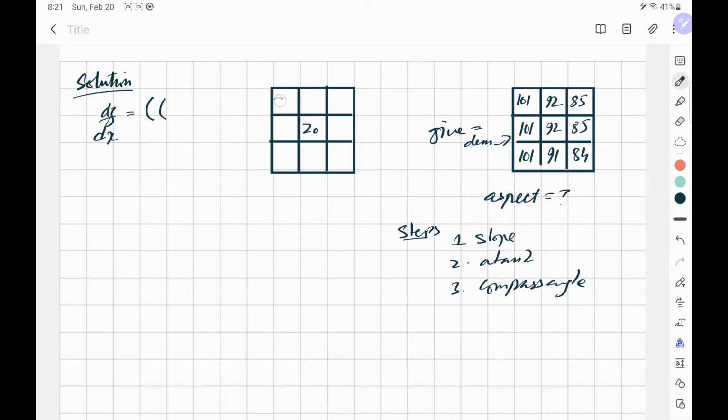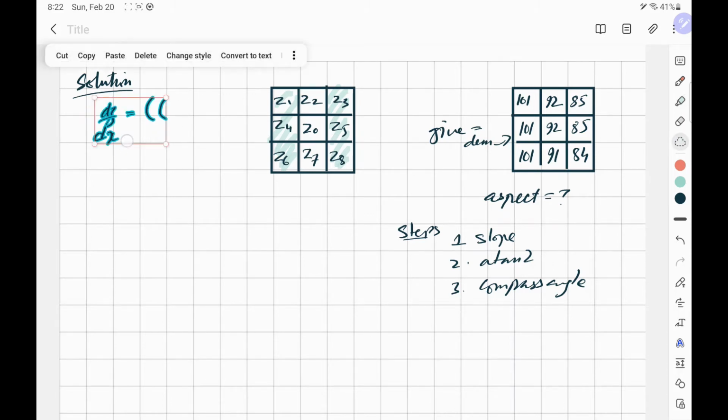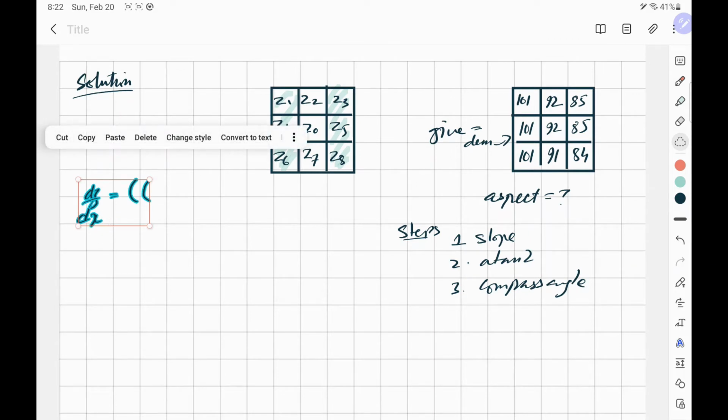This is Z0, 1, 2, 3, 4, 5, 6, 7, 8. The slope in x direction is between these cells and these cells. Okay, so we have